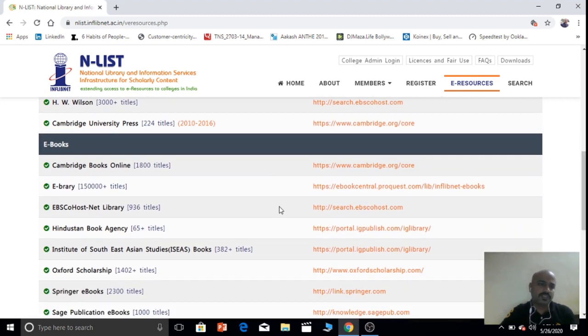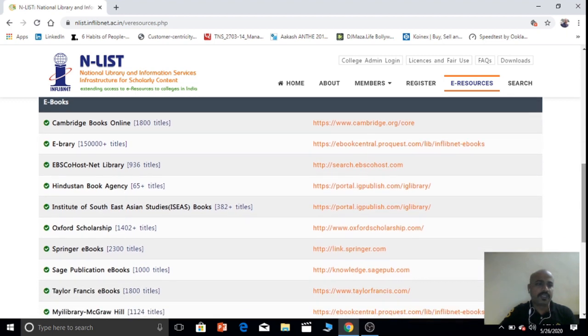Then the next option is ebooks. Cambridge Books Online, in brackets how many titles are there are displayed. It contains 1800 titles. This is the website of that ebook site. Then eBrary 1,50,000 titles. EBSCOhost NetLibrary 936 titles.